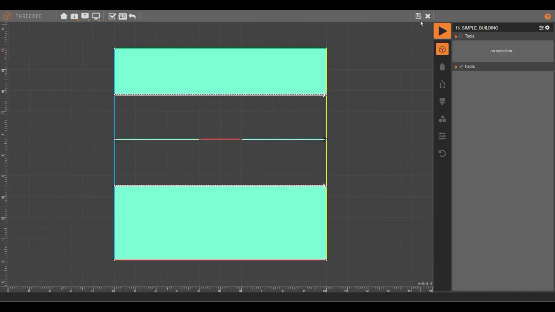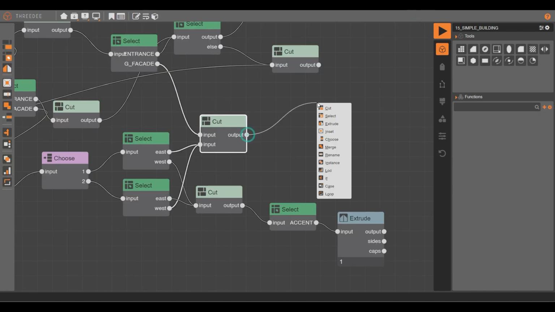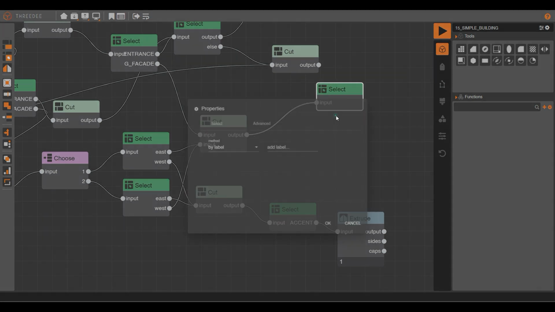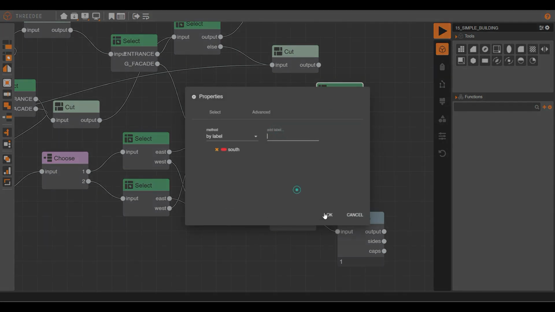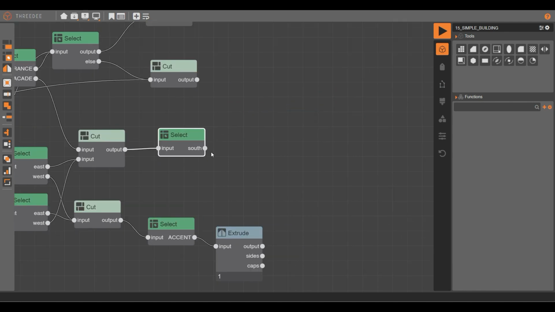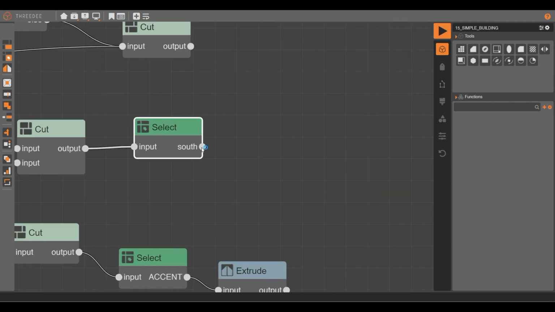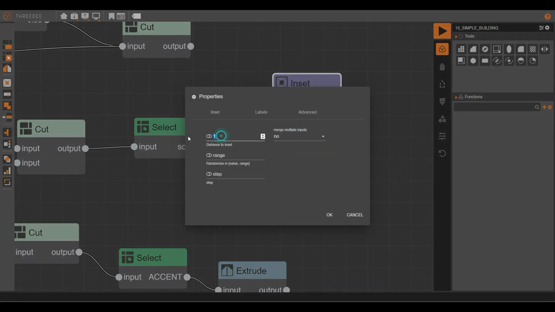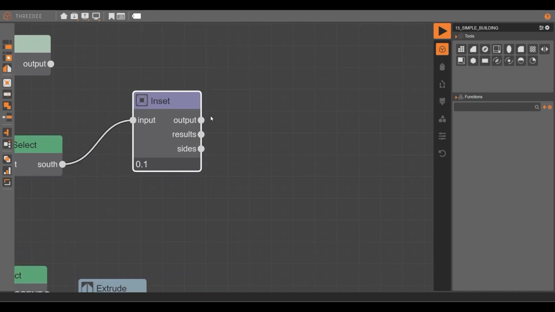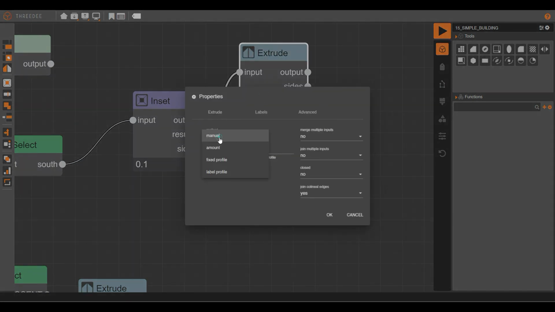In this cut, I will select south, that is the label of that window, and then I'll start adding an inset of 0.1 unit. Then for the results, I will make an extrude of 0.05 units,